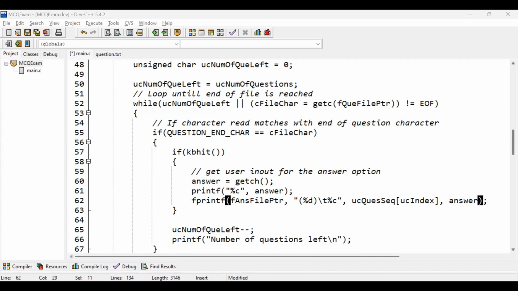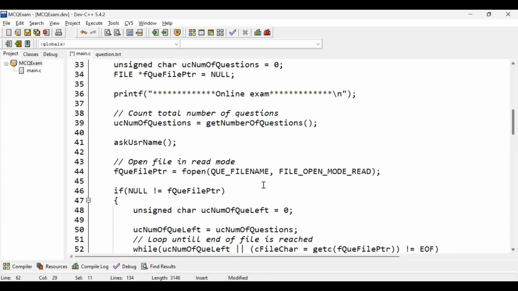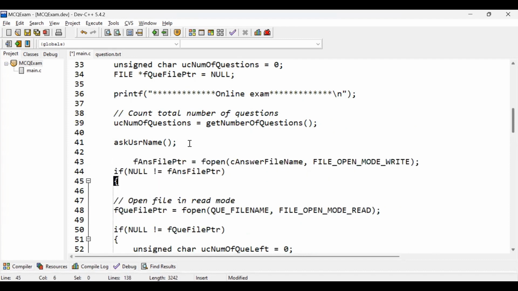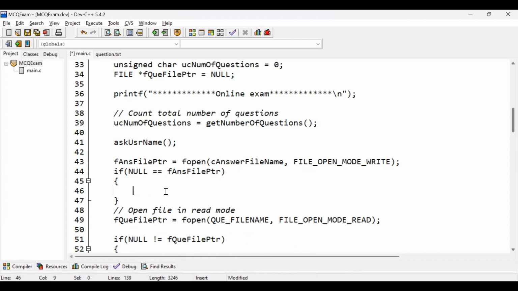Okay. And this we need to open at the beginning, somewhere once the user enters his name. So this is if null is equal to answer. So if there is a failure in opening the answer file, then we need to basically return from here, printf